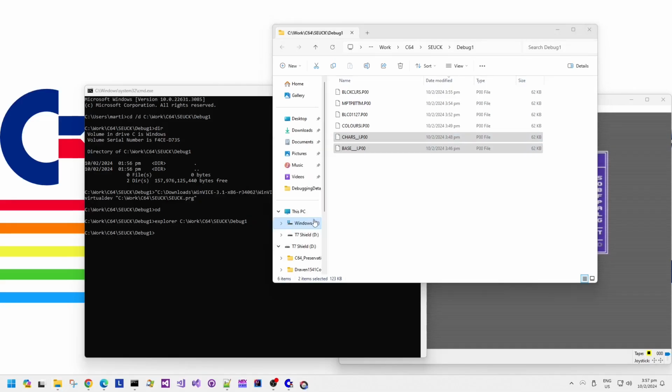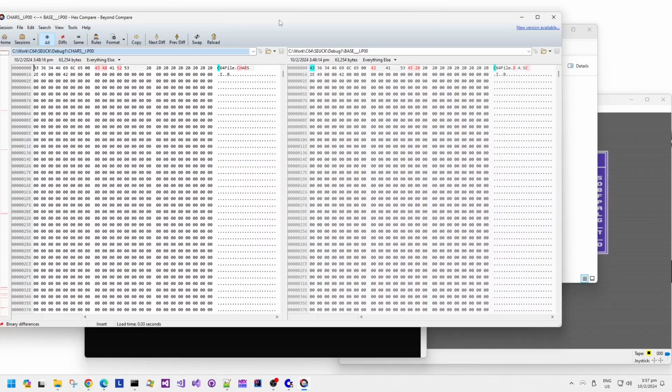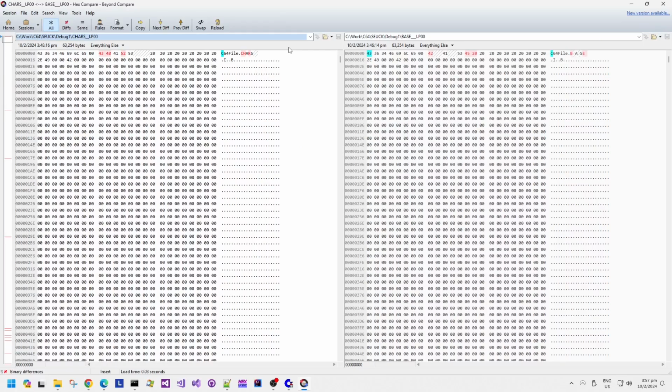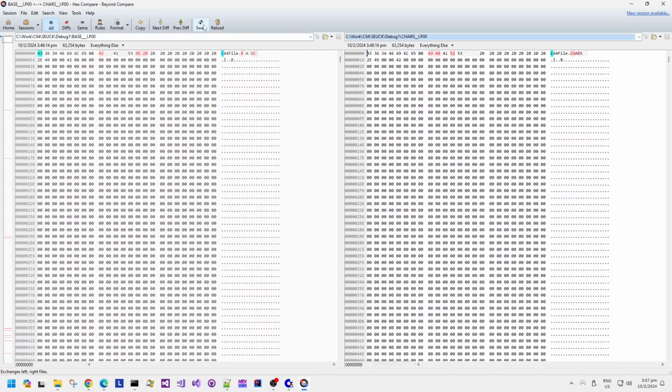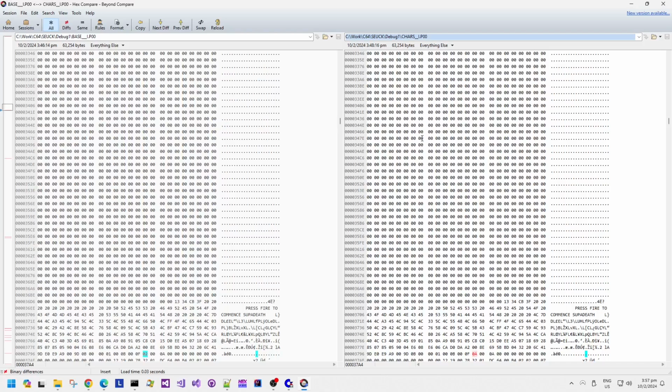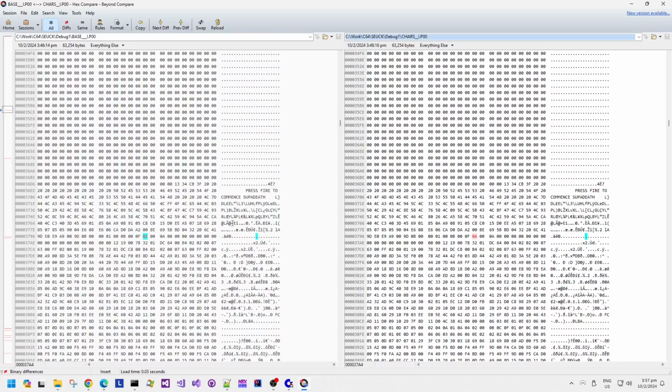The first one is changing the characters. So we're looking for at least 8 times 256, which is 2048 bytes long. We're looking for a range in memory of that amount of data being changed. So these small 1 byte differences, and we can see here a message saying press fire to commence super death. I don't know what that is, but anyway,